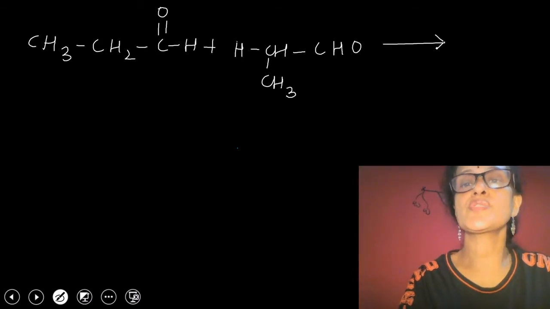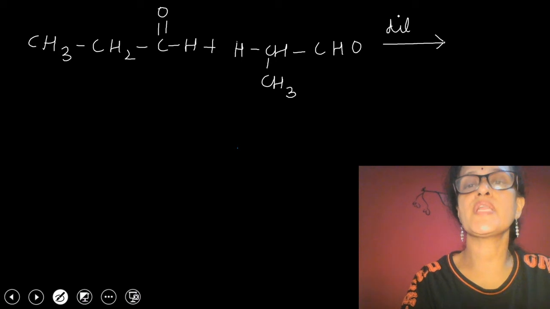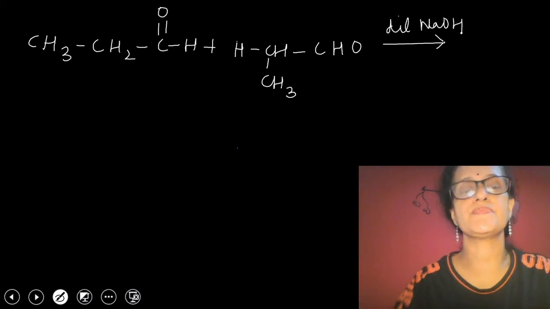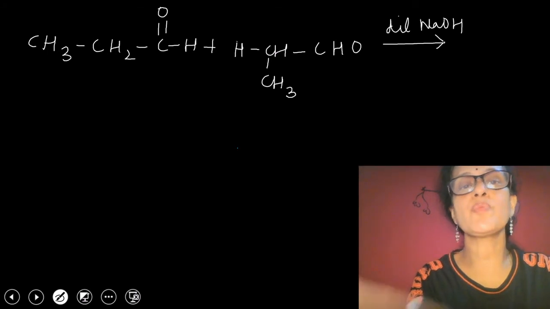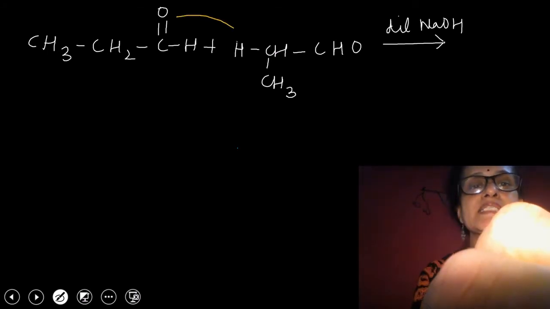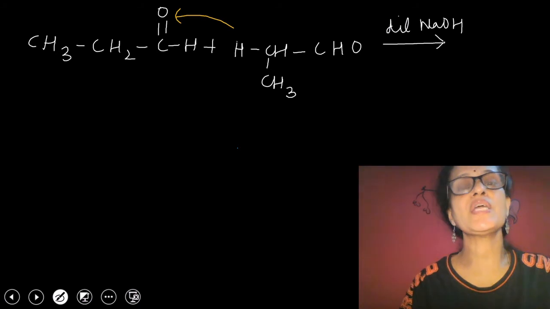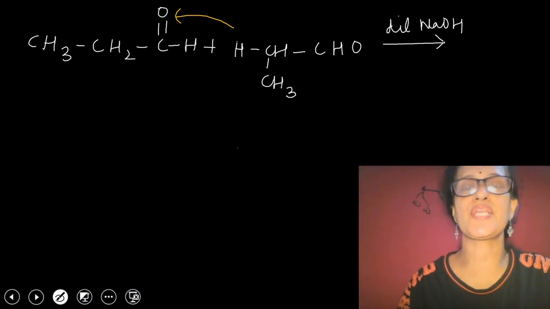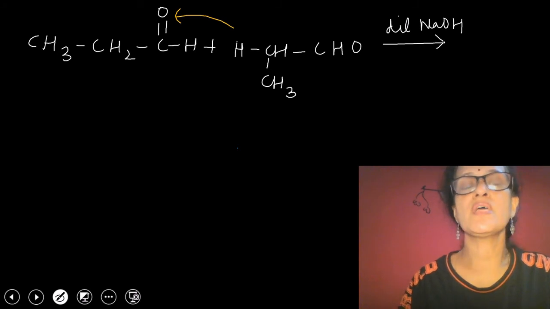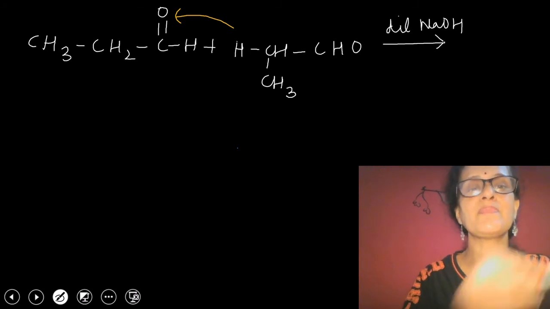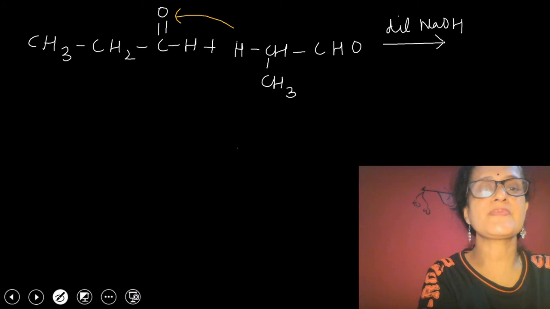These two molecules on treatment with dilute NaOH undergo aldol condensation. Alpha hydrogen atom of the second propanol molecule attaches itself to the carbonyl oxygen of the first propanol molecule and results in the formation of the aldol condensation product, which we can directly write by looking at the reactants as CH3,